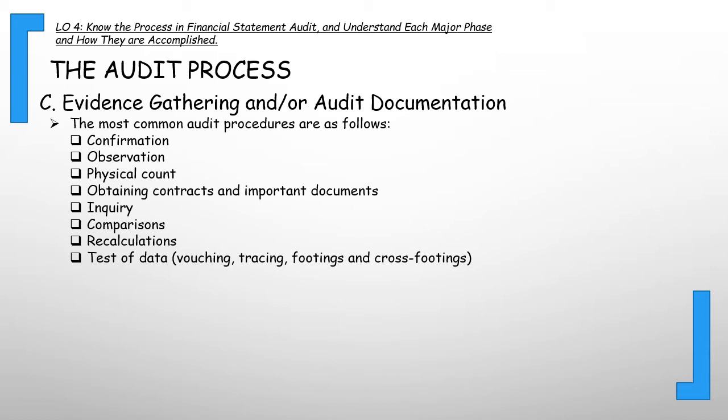So, yung vouching nga pala, di ba? So, recall lang natin yung vouching from financial statements to source documents. So, normally it addresses existence assertion. Then, yung tracing naman from source documents to financial statements. Normally it addresses completeness assertion.